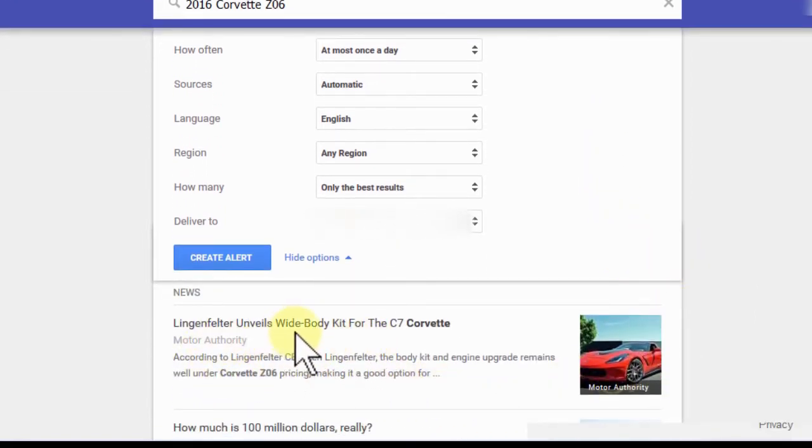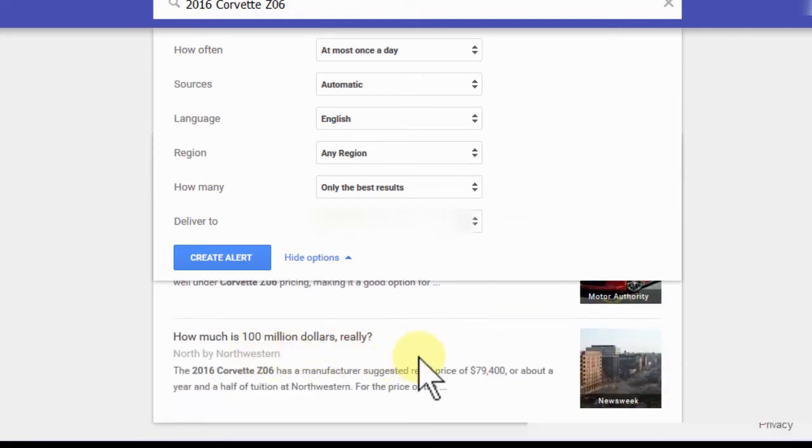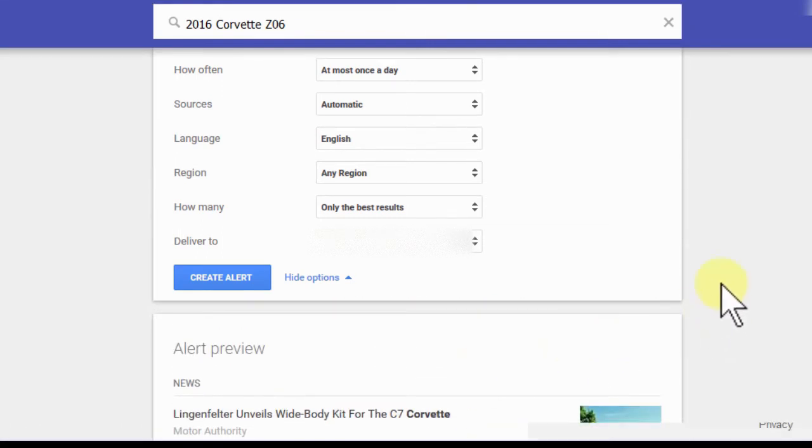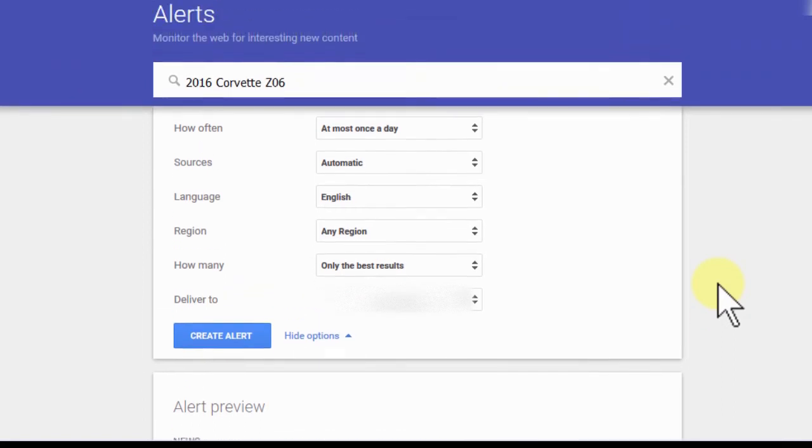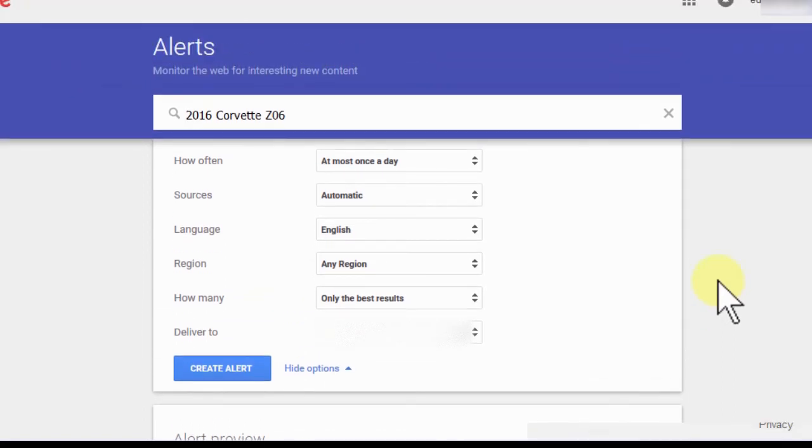Anytime something new comes out, a new article about the Z06, like this article that just came out, "Lingenfelter unveils wide body kit for the C7," I'm going to get an email and read the news about it. And if you think about that, this would be a good place to set an alert for